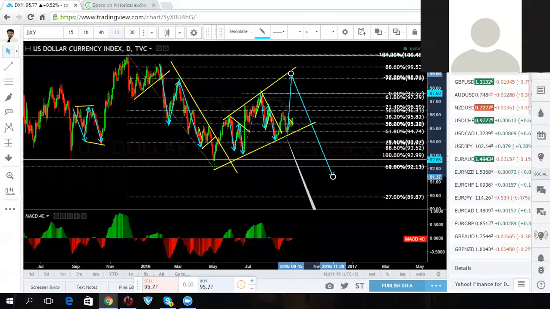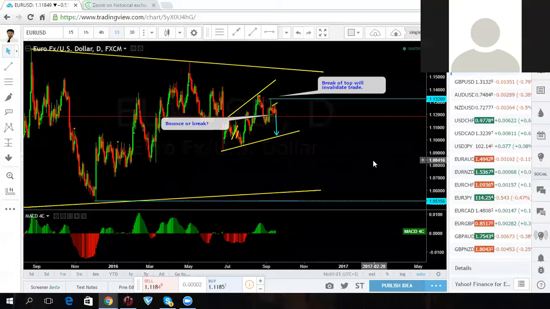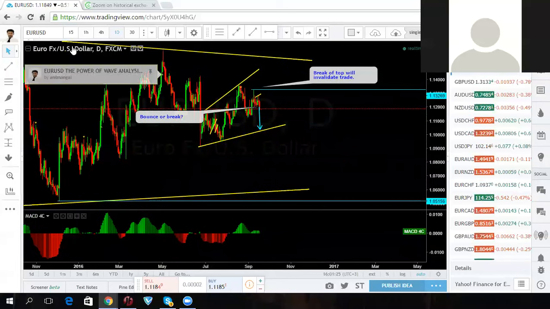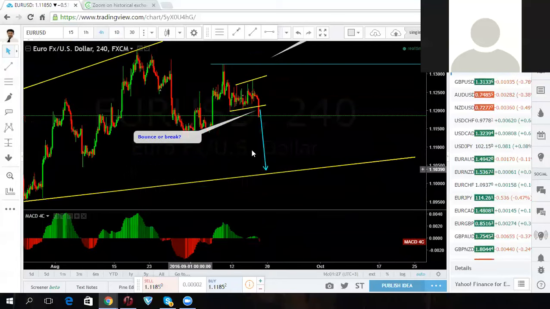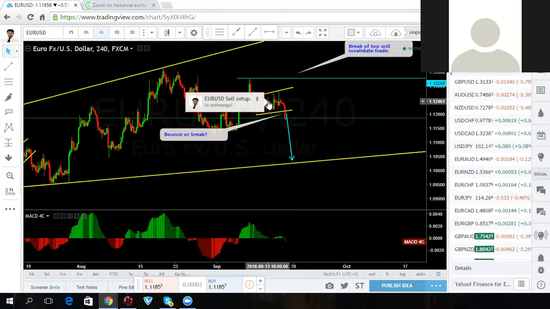There's a big move to the upside. That is what we're looking at. And that is why the euro downside was no secret. So let's bring this back to the 4-hour. This trade to the downside was no big deal, although when I posted this a little early, and sometimes we see,